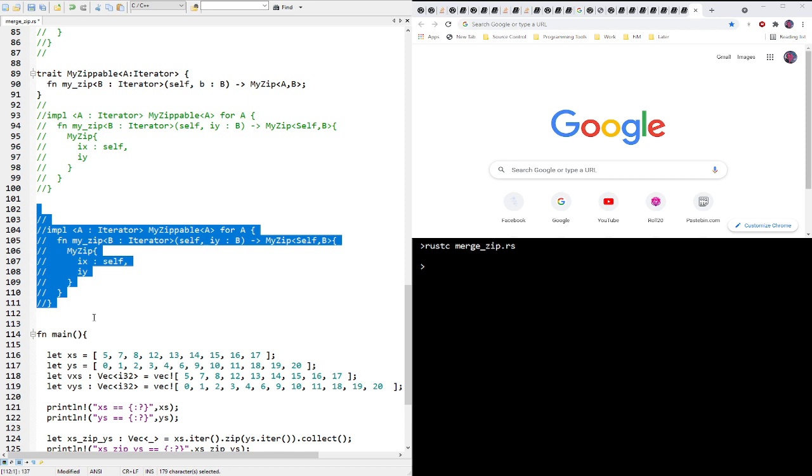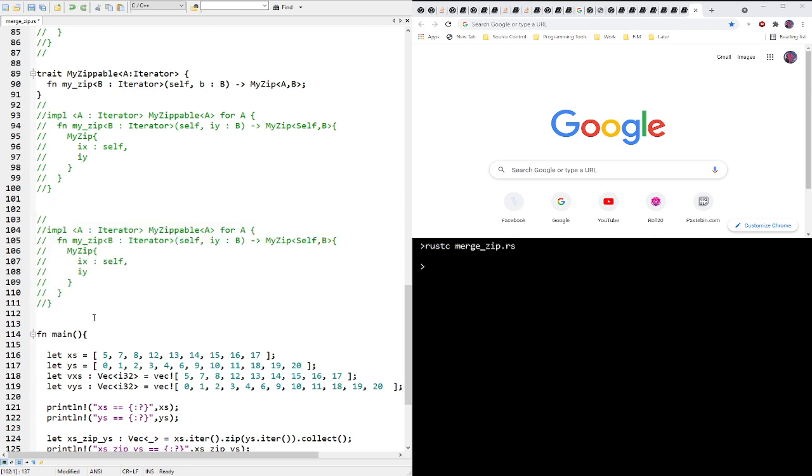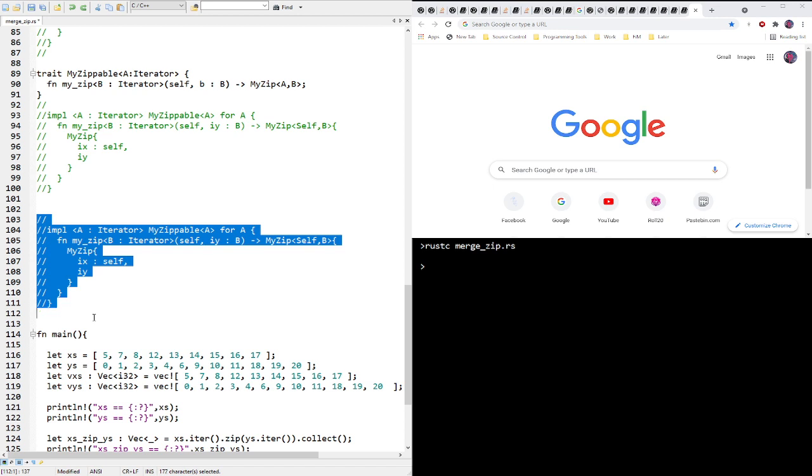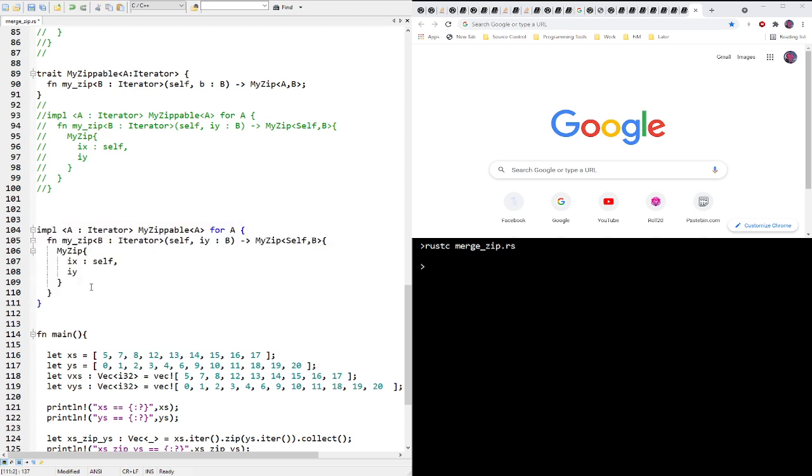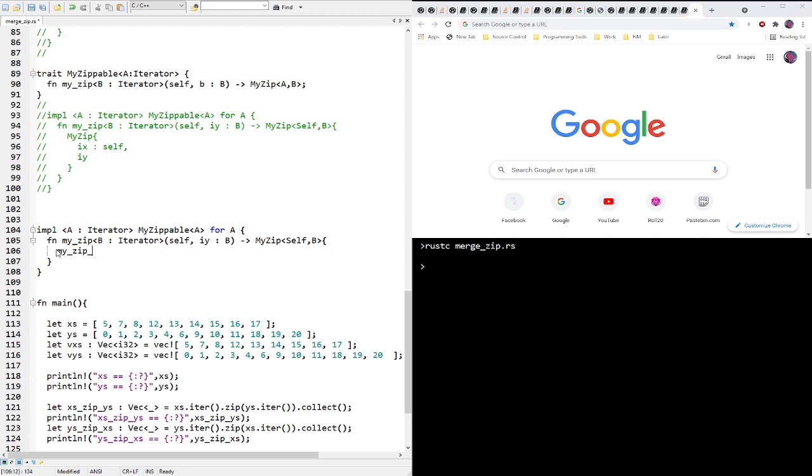What I really want to do is implement my zip in terms of my zip with, because then I don't have to write another test case temporarily. So basically the result is my zip with self by y, and now the new function in question, which is take an x. I think I can do it this way: take an x and a y,